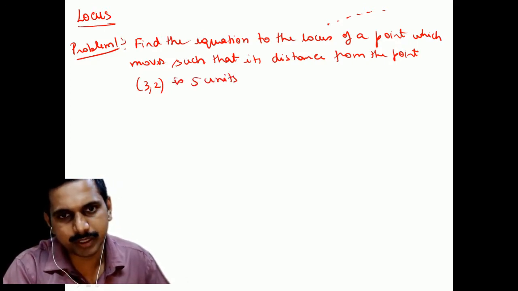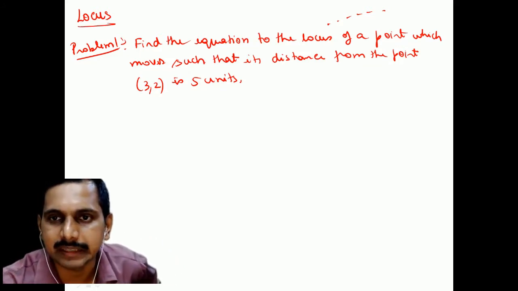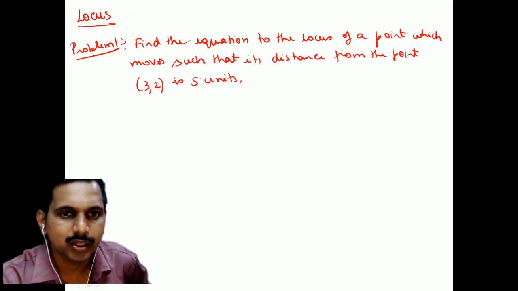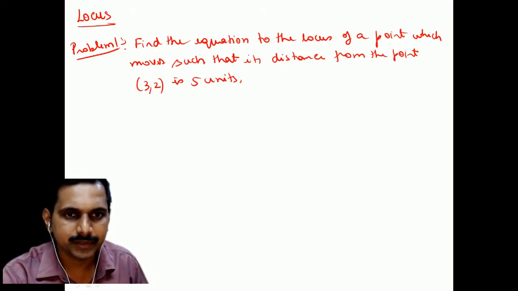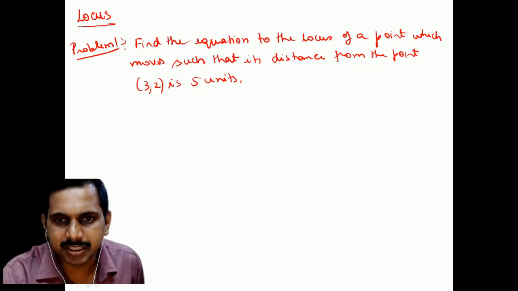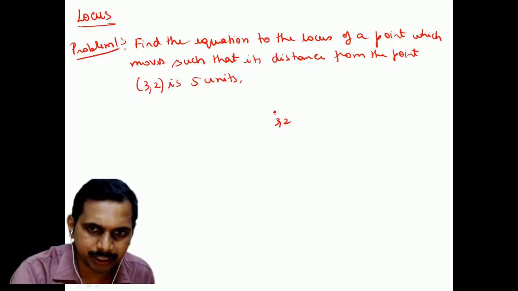Can you do this, students? Let us see how many of you will get the answer directly. This is a simple question, is it not? You will do it by yourself, correct? Students, do this and get the answer. Tell me the equation of the locus of the point which moves such that the distance from the particular point (3, 2) is always equal to 5 units. And tell me its shape also later on.